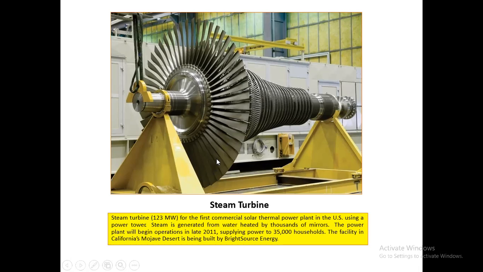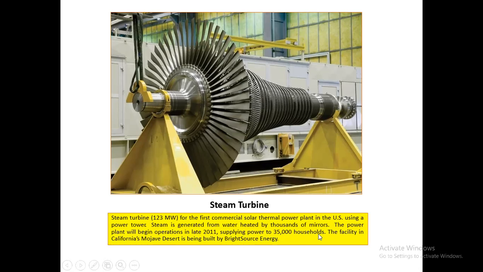The whole turbine blade is made of titanium, and the shaft is made of steel, stainless steel. This is the first commercial solar thermal power plant in the United States of America, using a power tower. Steam is generated from water heated by thousands of mirrors. That particular heat is collected. The power plant will begin operation in late 2011, supplying power to